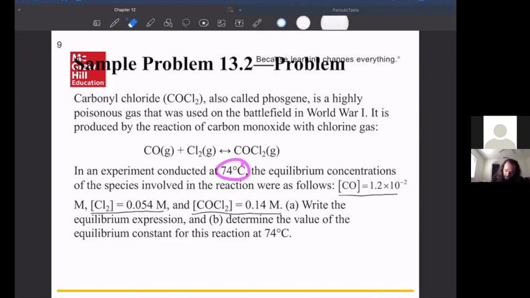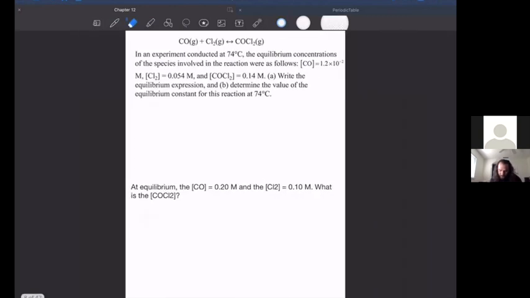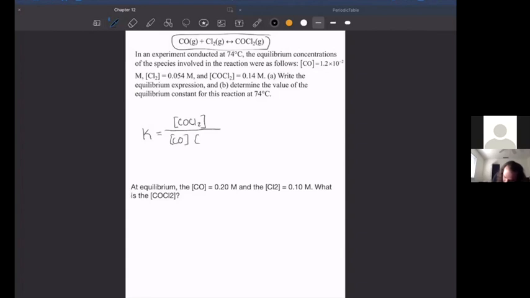temperature. Okay, so I'm actually going to do this. Let's give ourselves a little bit more room. So we're going to first set up the expression using our balanced chemical equation here. K equals the product, the carbonyl chloride, over reactants, carbon monoxide and chlorine gas. Okay, so then we can just punch in those numbers. The concentration for the carbonyl chloride is